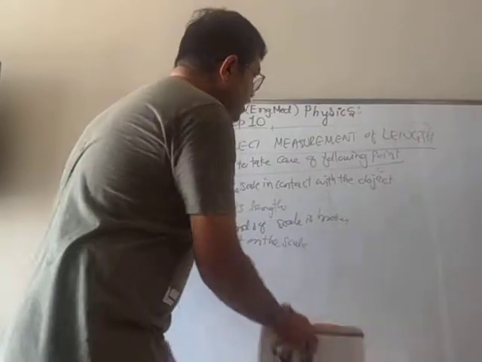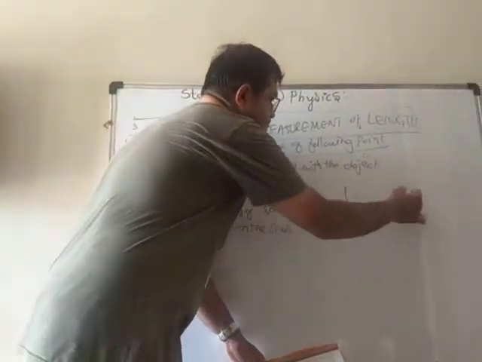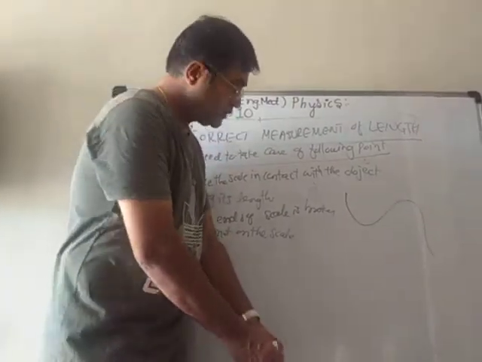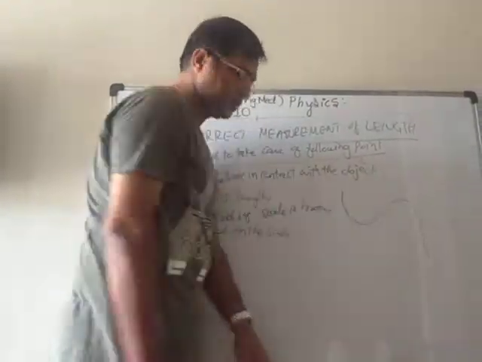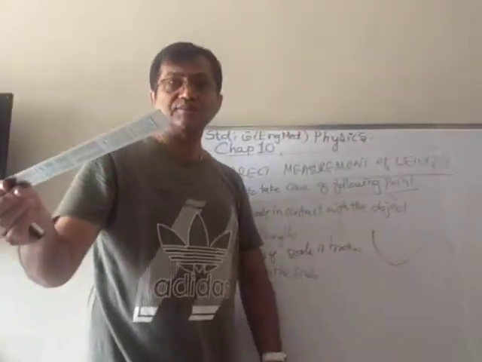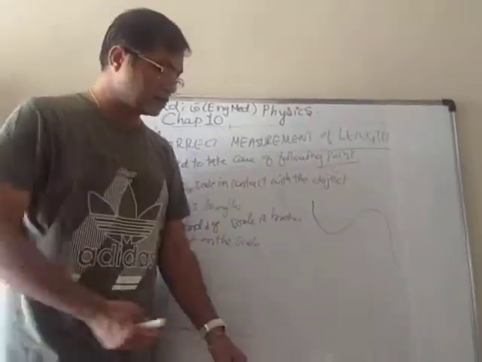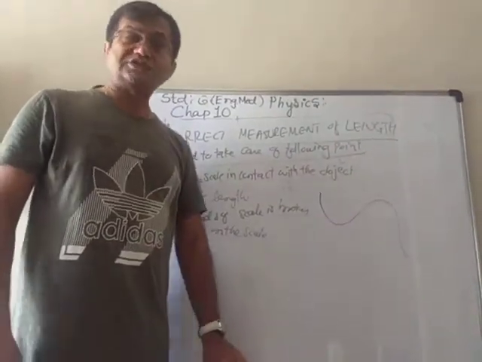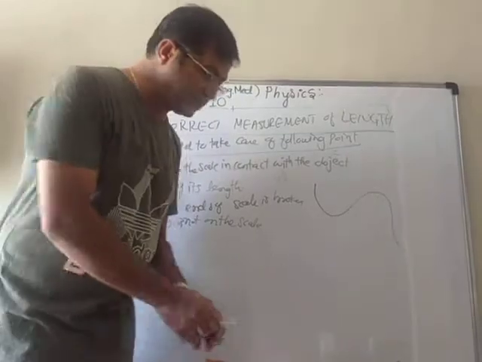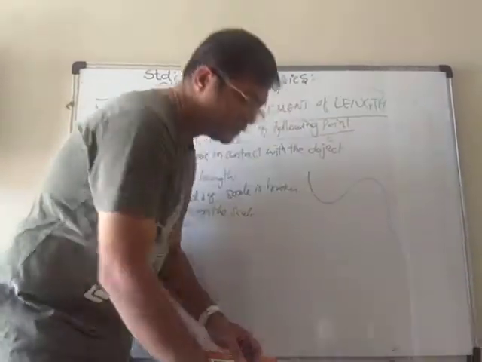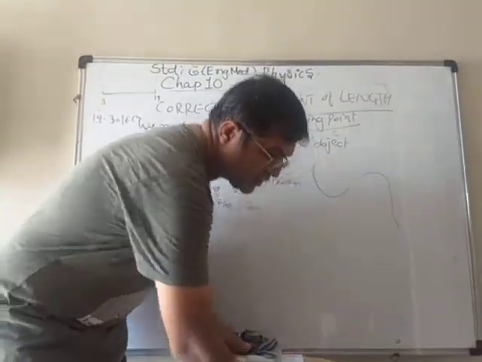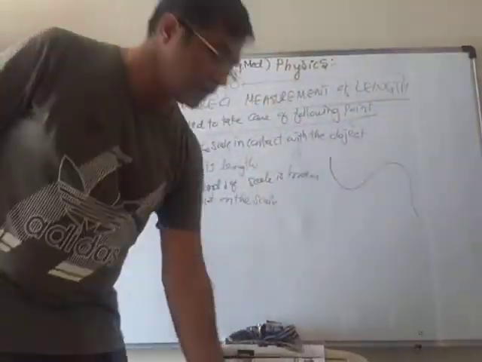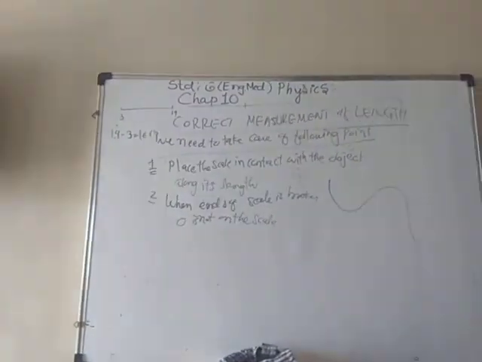Now, as we already talked about, in some cases we can't use this scale. Suppose there is a curved line here like this, and I want to find the total length from here to here. Can you use the scale, or your small scale that is in your compass box? No, it is inconvenient for that. So at that time we can do one thing. We can use our mind: we can find some long thread, and I will show you another way.